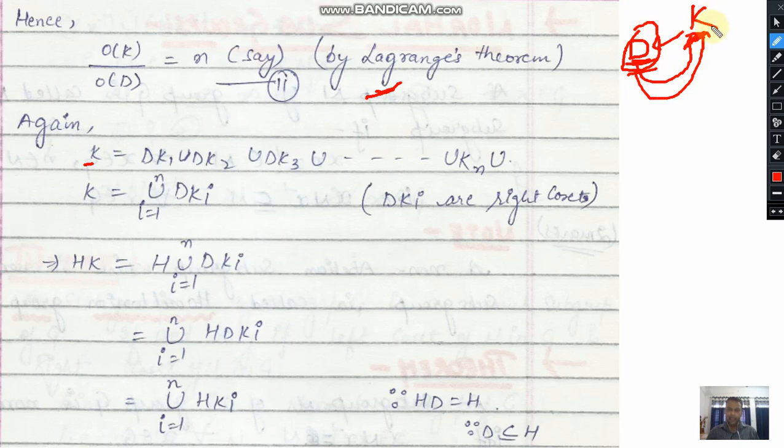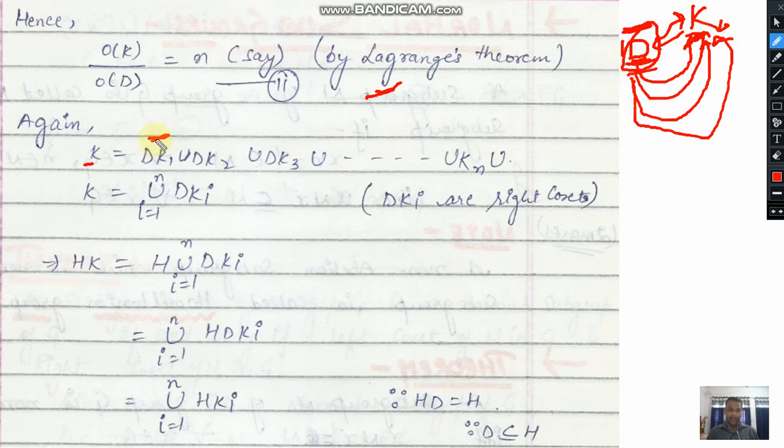If I multiply this D by any element of K, that is, if I write the coset, then this coset will not contain any new element. As we know, the elements of D are also elements of K, and if I multiply any two elements of K, then by the closure property no new element will be created. So the product of D with every element of K will give a set, and that set will contain all the elements of K.